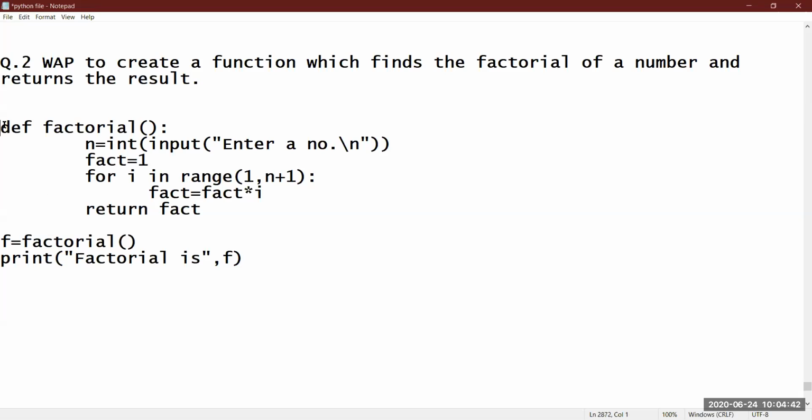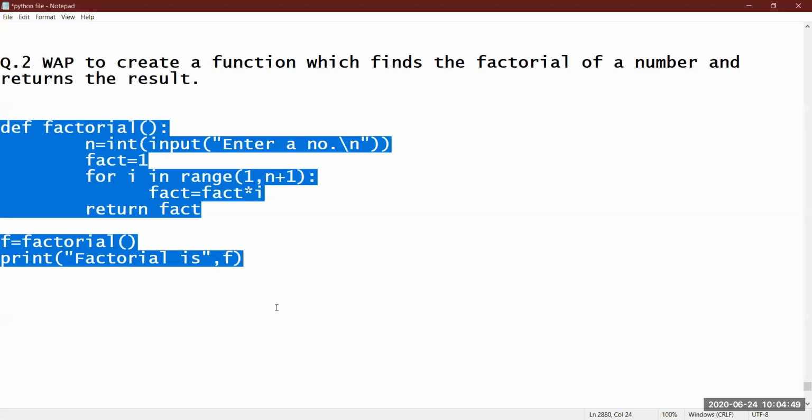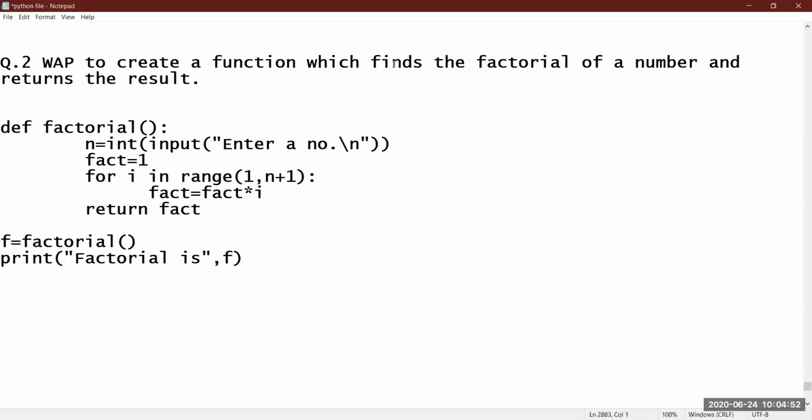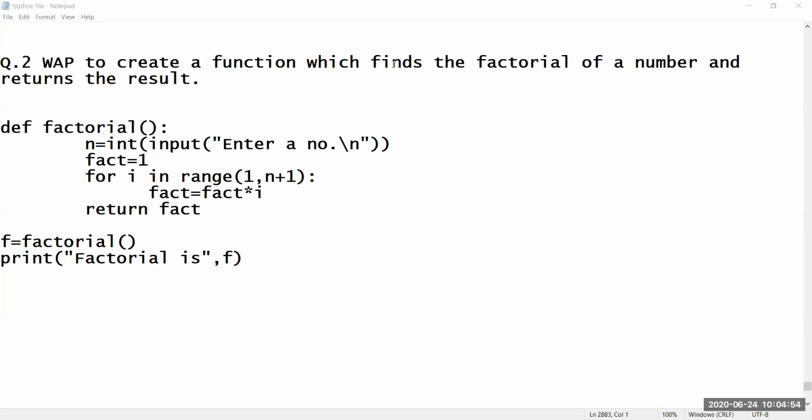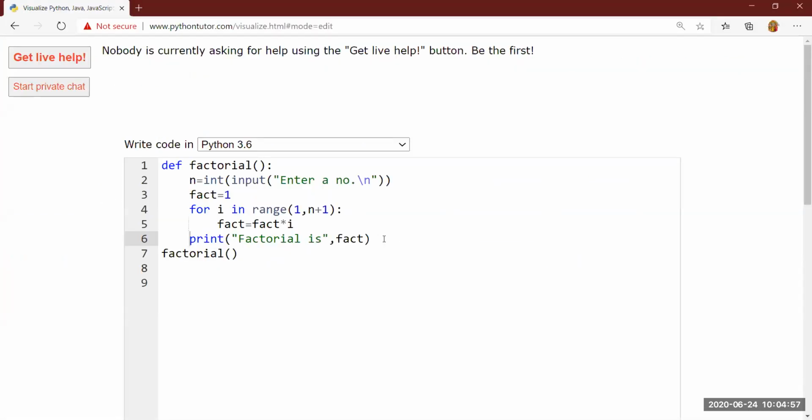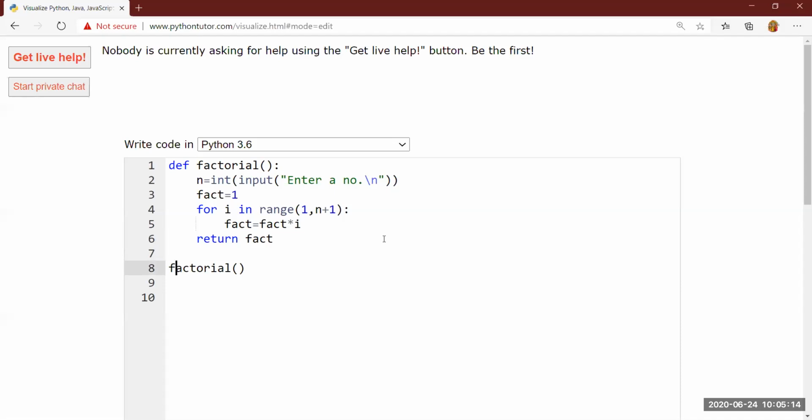Okay, let's just trace this so that you will understand it more properly. One tracing diagram I've already discussed yesterday. Now this is again with the help of the website. Let's trace this also. Very easily you will be able to understand. Instead of printing, I am just writing return fact. Why am I returning fact? Because fact is the value of the factorial which you have calculated. Now since you are returning the answer, where will it be returned? It will be returned to the function where the function gets called.